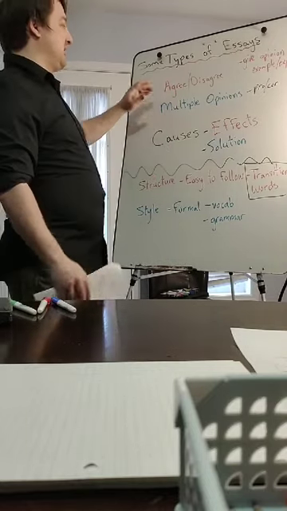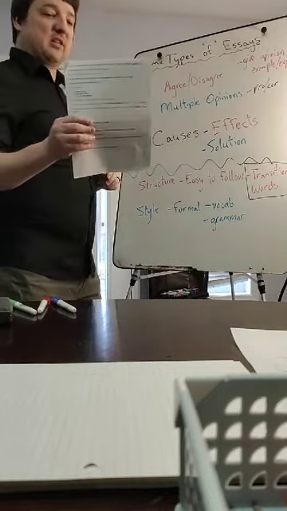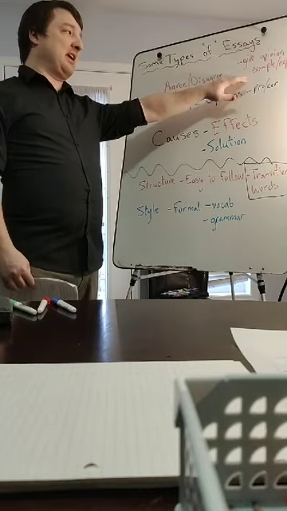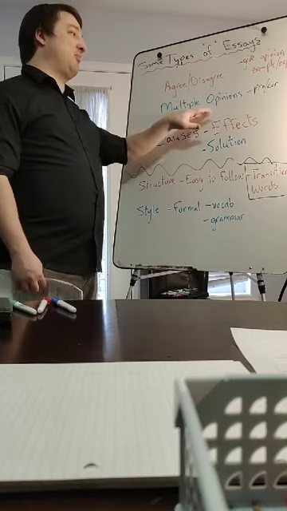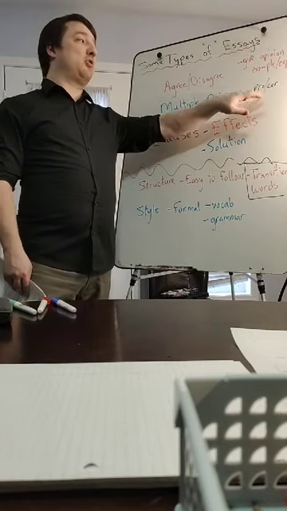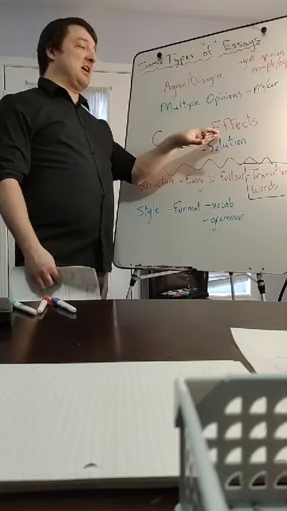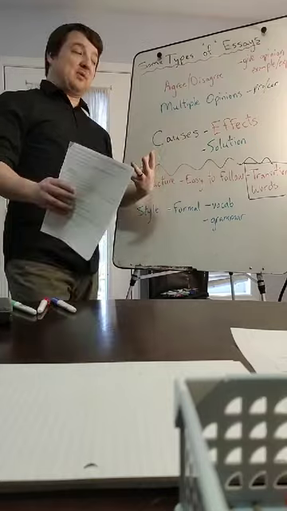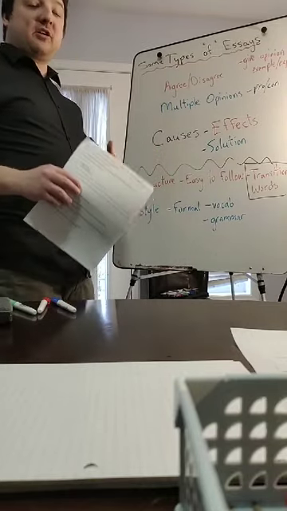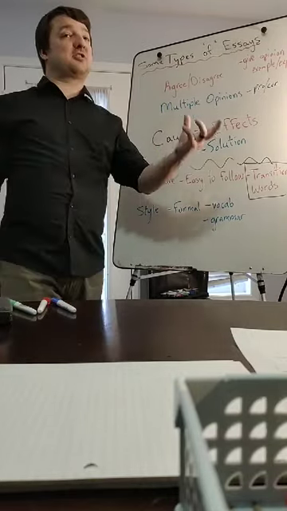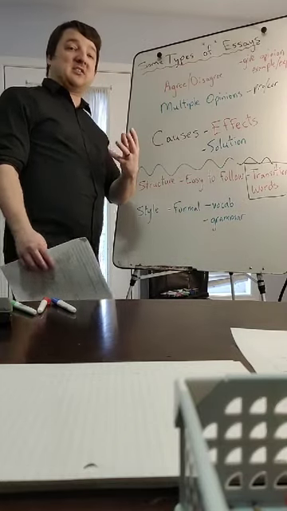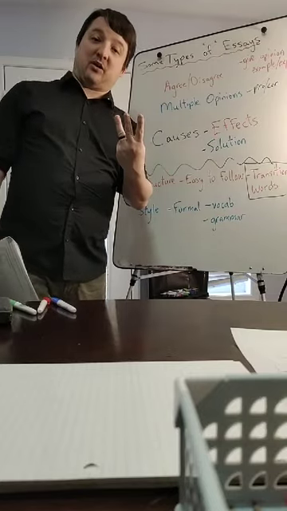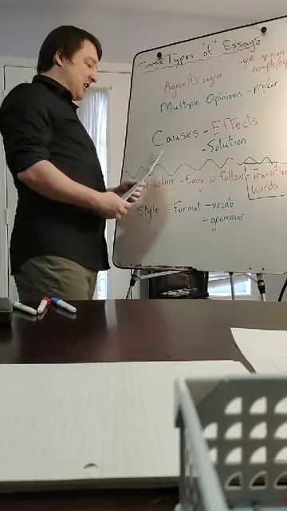But I want you to write 3 different essays with this about agreeing and disagreeing, giving your opinion, give an example and explain it. For multiple opinions, you're going to talk about the pros and cons, right? For cause and effects, you're going to talk about what causes it and what are the effects of this situation. Remember, for all of these, it's going to be an essay format. So you have an introduction and a conclusion paragraph. It doesn't have to, and especially in this one, it doesn't have to have 3 body paragraphs. That's not necessary. All right?